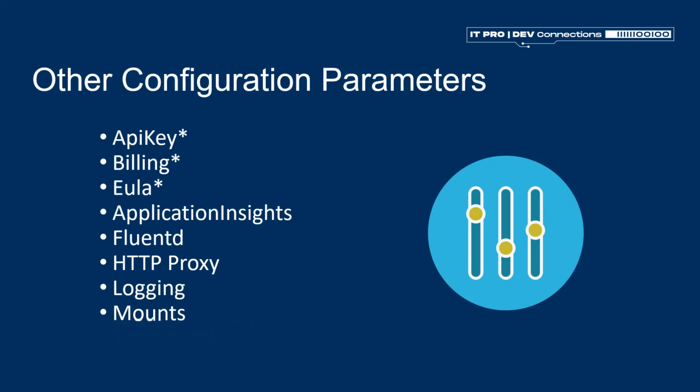Of course, they're not the only parameters you're going to use. Besides the three mandatory ones we can see on top, you can use parameters for Application Insights. Application Insights adds telemetry to support your container and see how it's been used. You can use FluentD, it writes logs, and optionally any metric data you wish to a FluentD server. You can configure an HTTP proxy for making outbound requests. If you're using ASP.NET Core, there's logging support for your container. And generally you can use